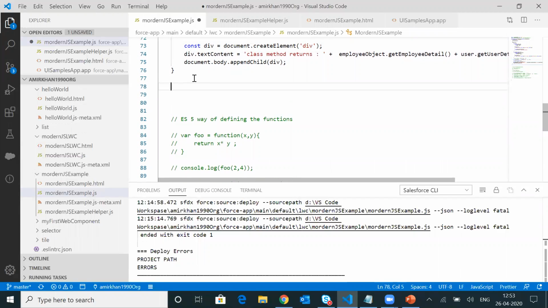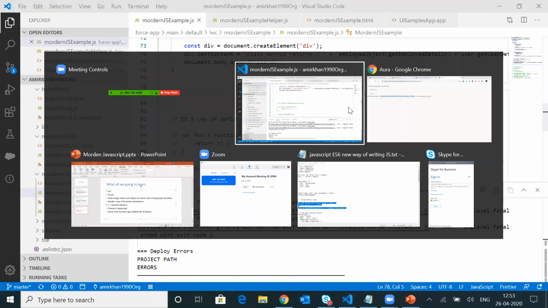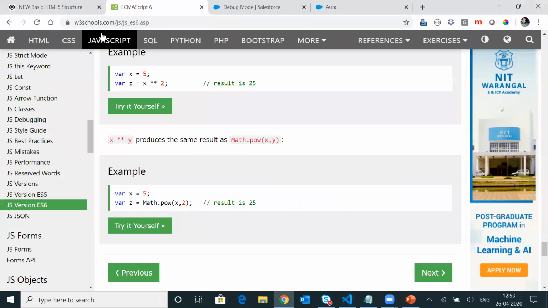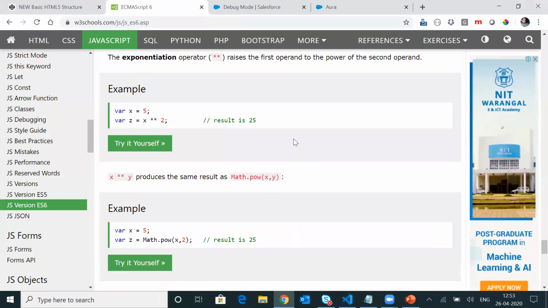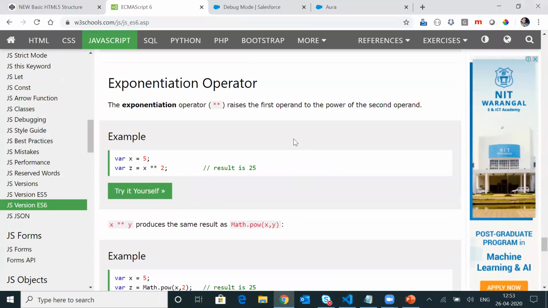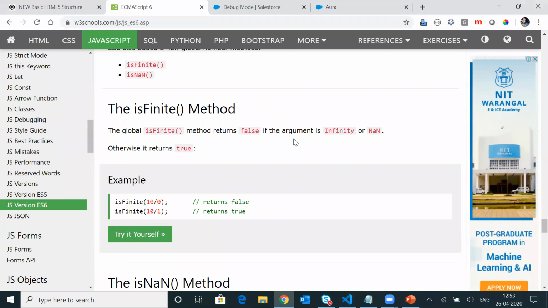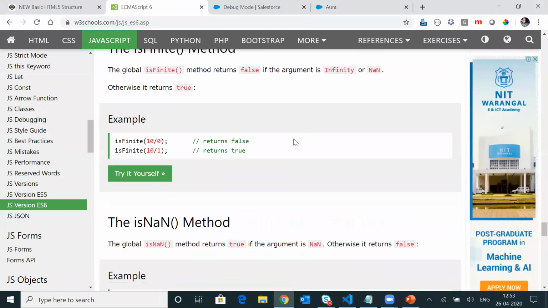Okay, and there is one more part that I want to highlight here, the newly introduced methods in the version 6 JavaScript library. In order to do so, I will go to the site W3Schools, where you can see lots of new global methods introduced with JavaScript version 6.